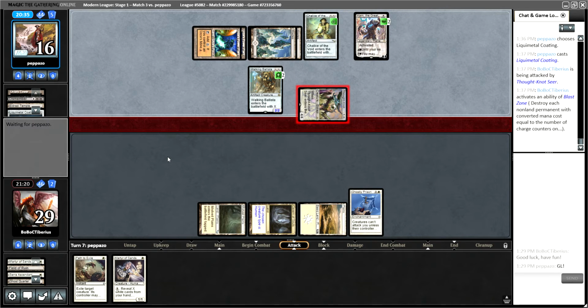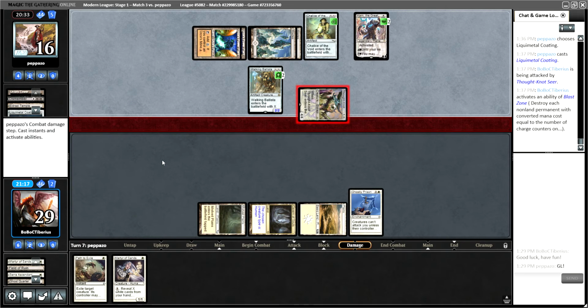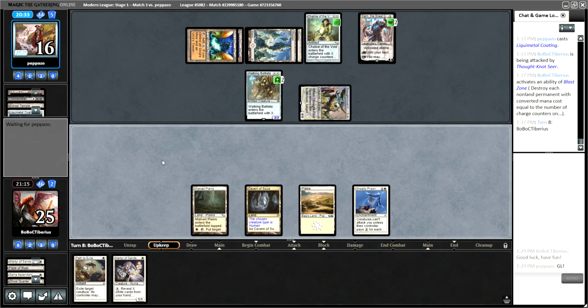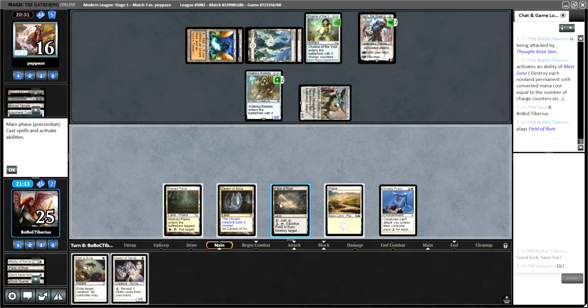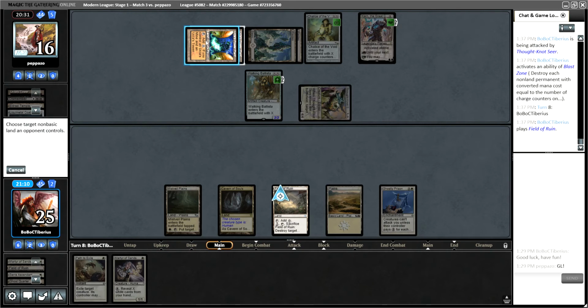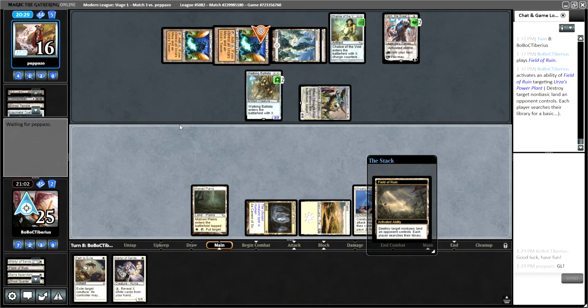I'd rather lose 1 land than lose all my lands to that Liquid Metal Coating. I was thinking, oh, now we'll draw the Ranger, but our deck was merciful to us there. Let's tap. Let's actually tap. Yeah, let's tap this way. Doesn't really matter, but